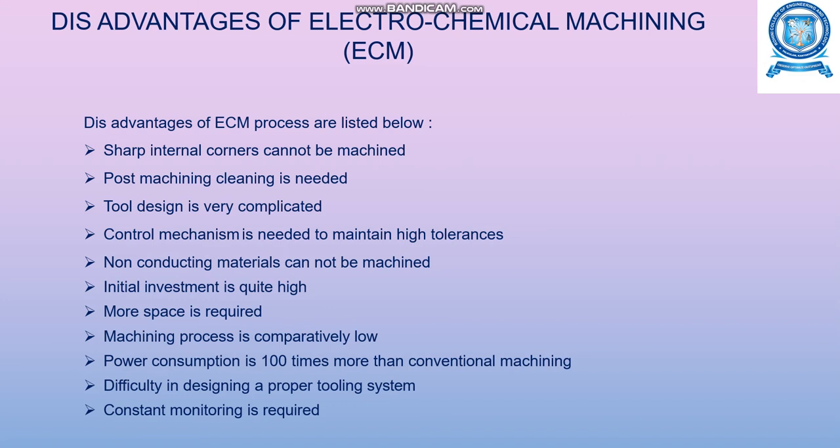There is a high initial investment, more space is required, and the machining process is comparatively slow, and the power consumption is normally 100 times more than that of conventional machining. Proper tooling system design is very difficult,